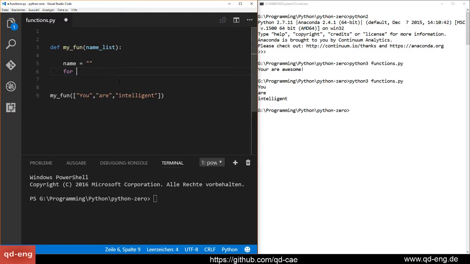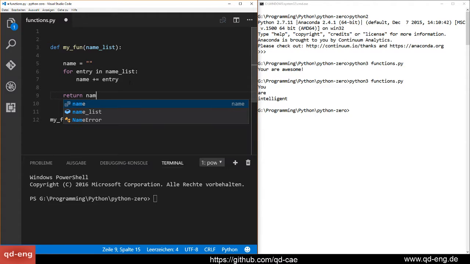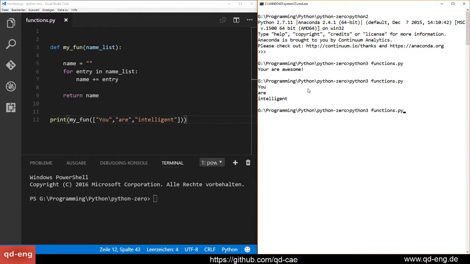So what we are doing is, for the entry in the name list, we go in here and we just do name plus equals entry. So we simply add this entry on ourselves, and in the end we return the name. Here we go. And this won't work here. We have to also print this. And there we go. You're intelligent, and it's concatenated perfectly. Don't do this usually. It's a little bit dirty, but